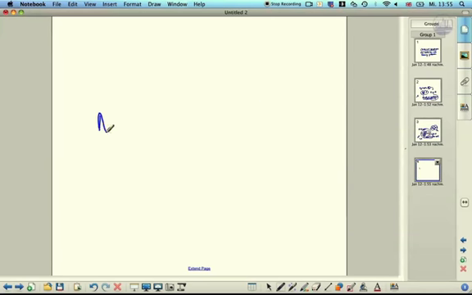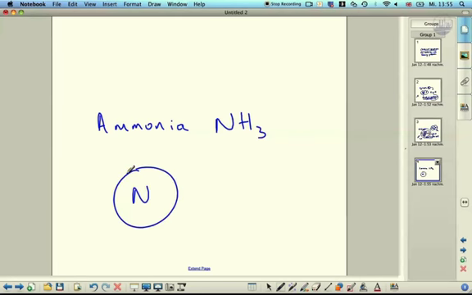Here's another nitrogen molecule, ammonia. Ammonia is when nitrogen bonds with hydrogen. Now 3 hydrogens will bond with 1 nitrogen. That's because nitrogen needs 3 because it already has 5. With 1 more hydrogen, one hydrogen will provide 1 electron each. Now look, round about